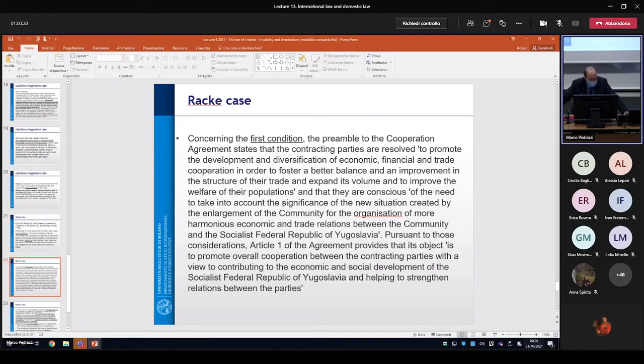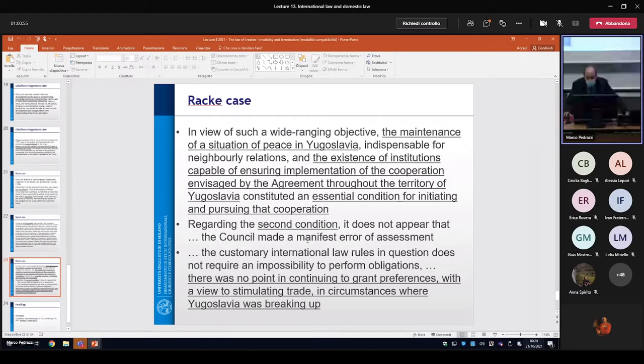Now, due to the war, but in fact also as a sanction against the Federal Republic of Yugoslavia, the EC decided to suspend the agreement, or to terminate the agreement. Now I don't remember if it was termination or suspension. Anyway,